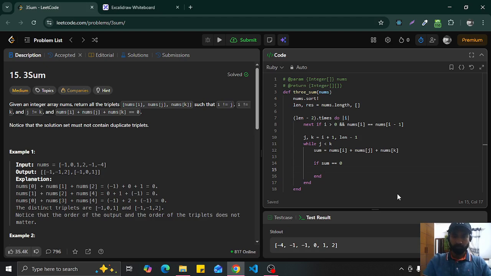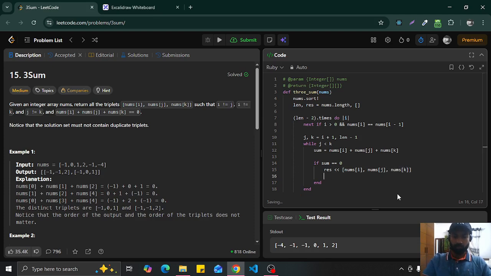So response is going to be nums of i, nums of j, and nums of k,